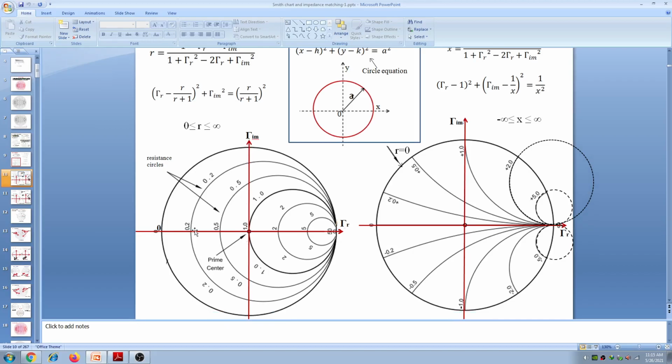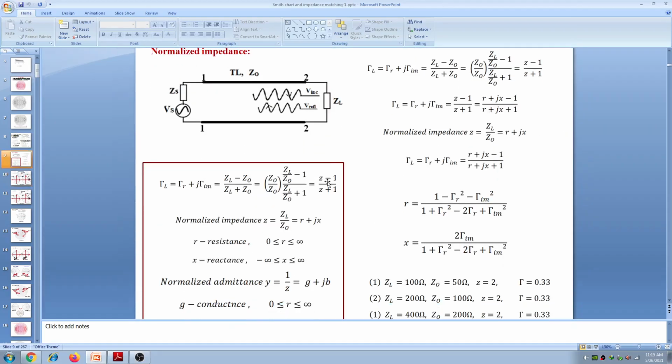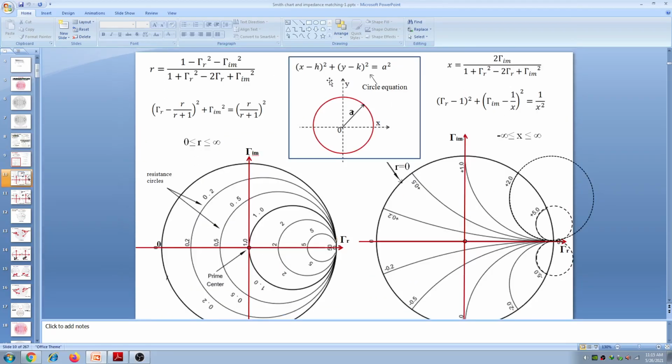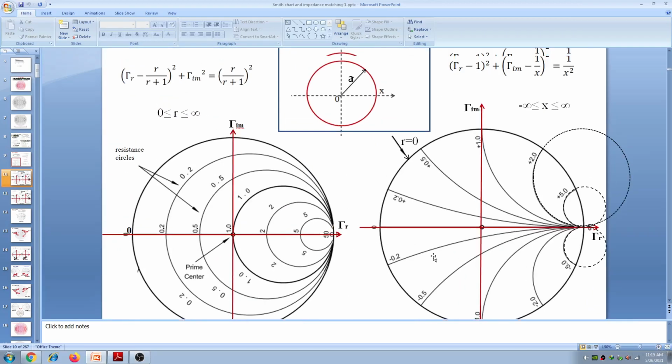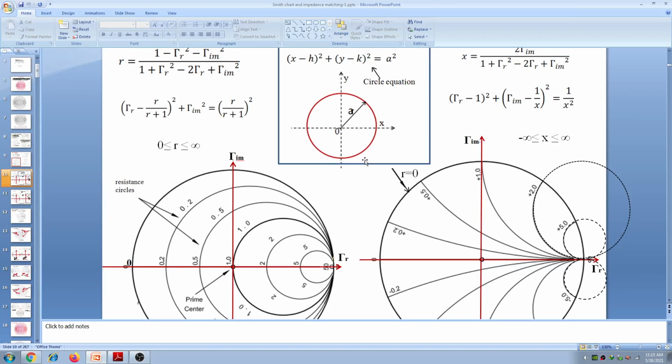Okay, that is the reflection coefficient plane. See, this is a real axis and this is an imaginary axis of the tau, that is called the tau plane. On the tau plane, this is like an xy plane. You see here, in the xy plane, this is the equation of a circle. Generally all of you know this. In the xy plane there is a circle like this, and based on the position, based on the values of a, h and k, this circle may be anywhere in the xy plane. Is that correct?